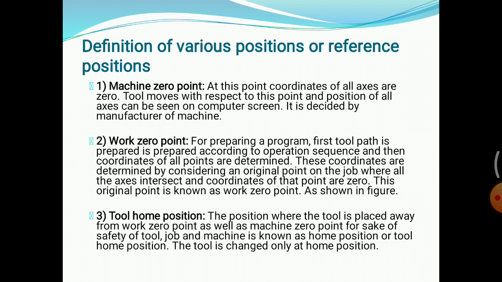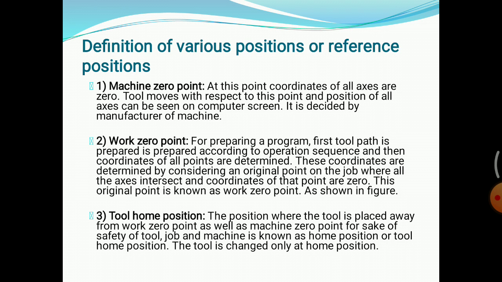These coordinates are determined by considering an original point on the job where all the axes intersect and coordinates of that point are 0. This point is known as work 0 point, and it is fixed by the programmer. It can be changed, but we cannot change the machine 0 point.